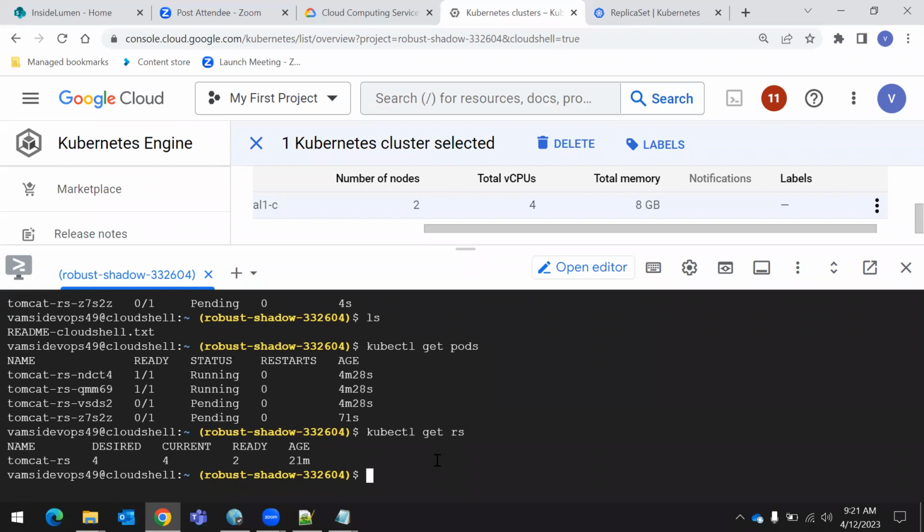What do you mean by kubectl get rs? Replica set. Okay, how many replica sets have we created so far? So far we have created only one replica set. Okay, let me try to delete this one. Maybe the cache is not getting updated, that is the issue. kubectl delete